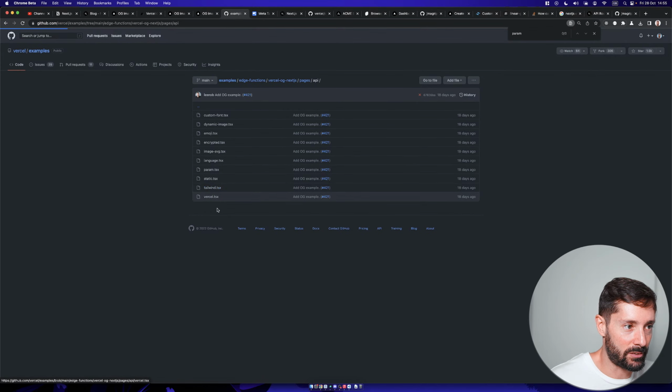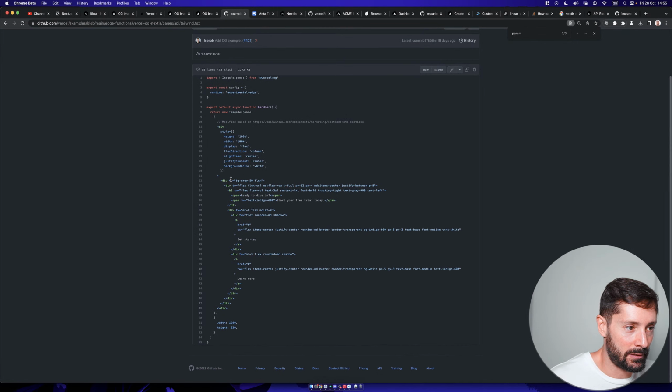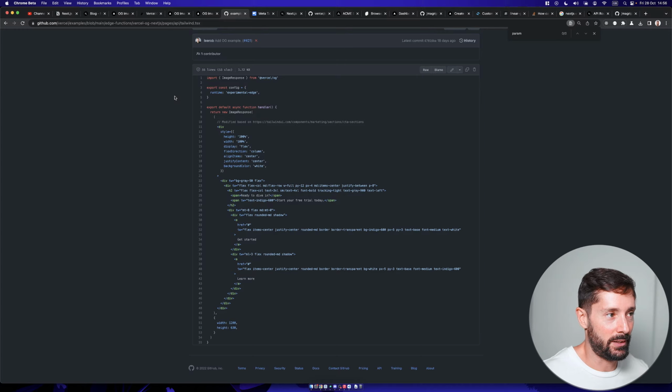So this is the Tailwind example, and you'll notice that it has this weird TW. Does that mean that this library scans the JSX, and if it finds TW, it knows it's Tailwind classes and it just works? I guess we'll find out